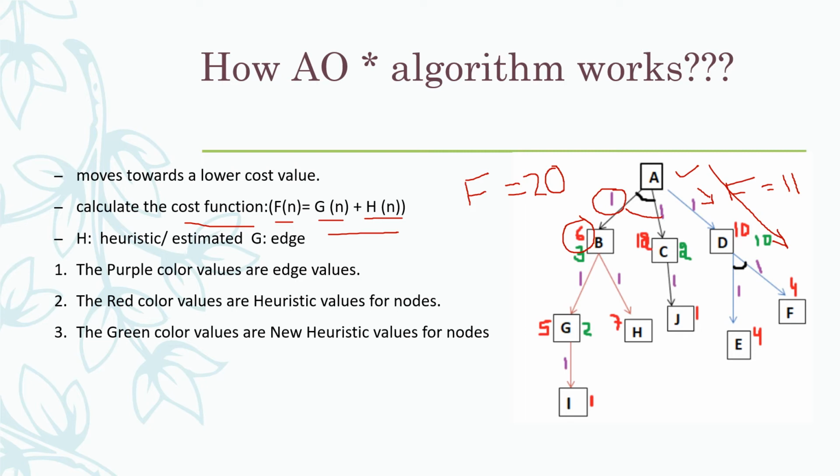So during the exploration of D, we get there is an AND arc. So here 4 plus 4 plus 1 plus 1, that is 10. So here the 10 will be replaced by the previous 10, but as the previous value is 10, it doesn't matter. And like in this way, the AO-star algorithm gets a solution path, that is A to D to E and F.